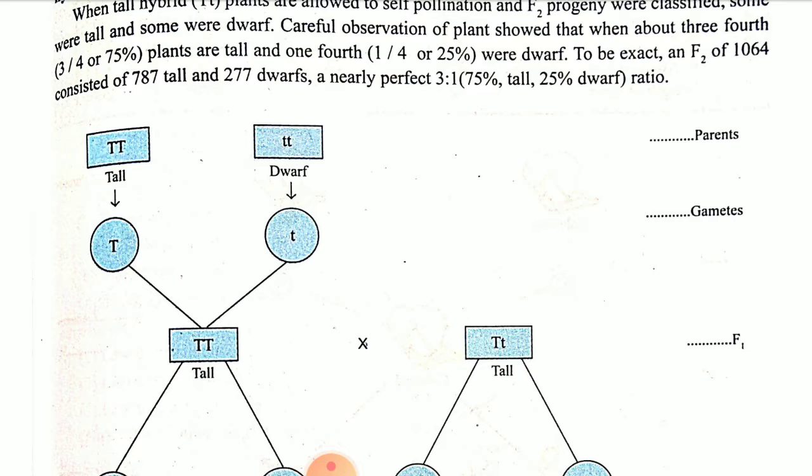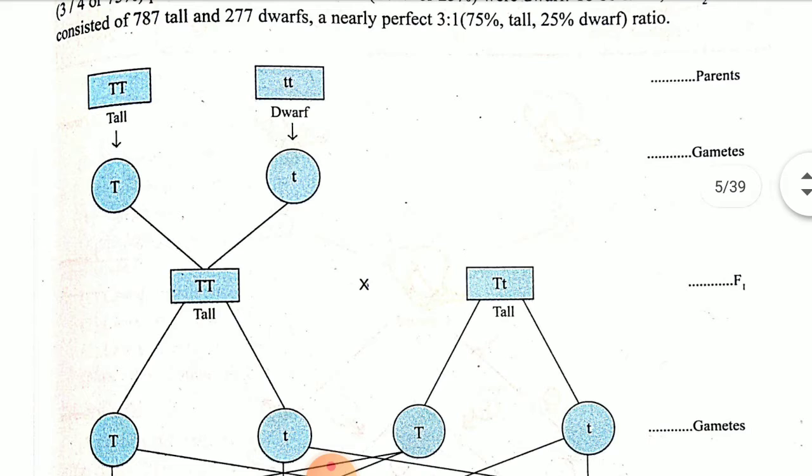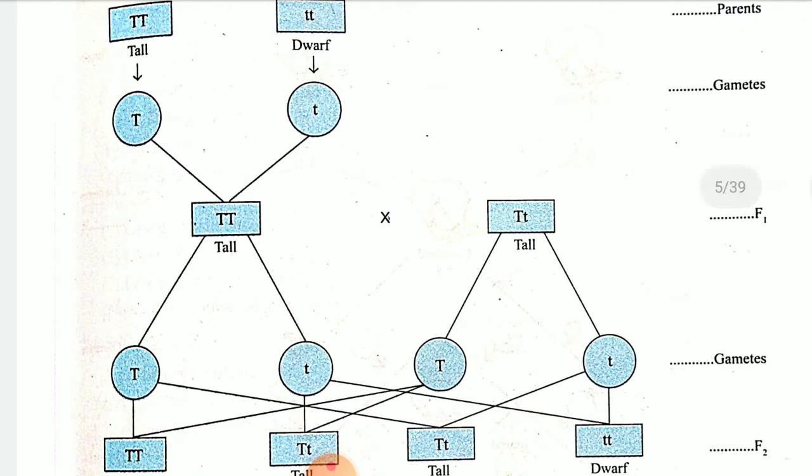In a monohybrid cross, as you have studied, only one contrasting character is crossed, that is, its pure line, dominant and recessive. Capital T shows the dominant character, tall, and small t shows the dwarf. From the gametes we got capital T and small t, and the offspring we got, capital T small t, is the hybrid one. All four offspring will be capital T small t in the F1 generation, which is dominant.